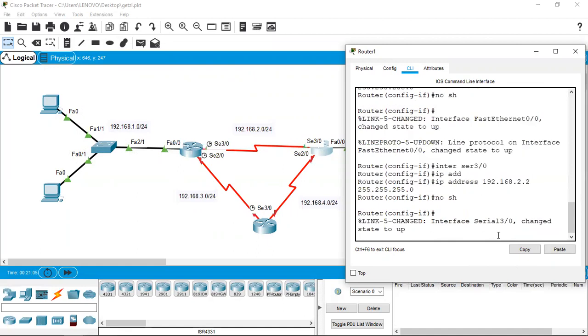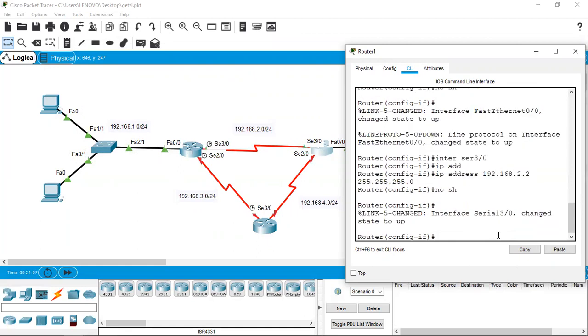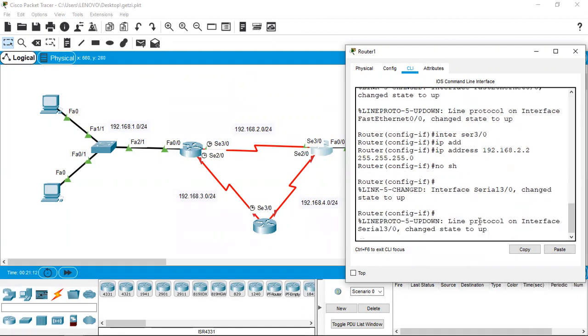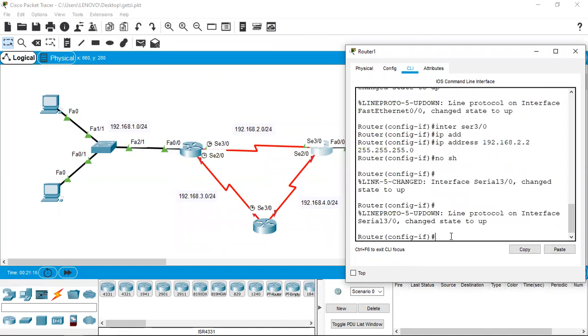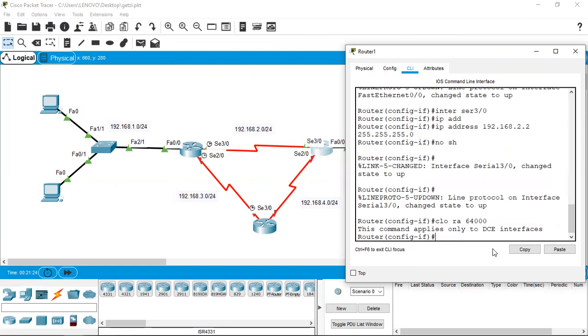I give no shutdown. Now you can see this link has become alive. You could see green color, and the line protocol also has changed the state to up. I try to give clock rate, though it is a DTE terminal. It says this command applies only to DCE interfaces. So no harm, you can try this, but whatever you configure on the DCE will take over, right?